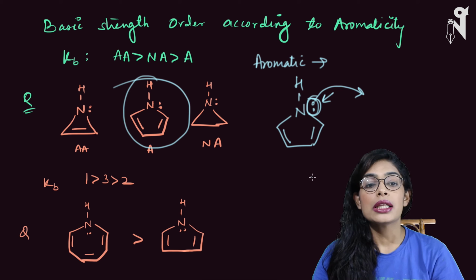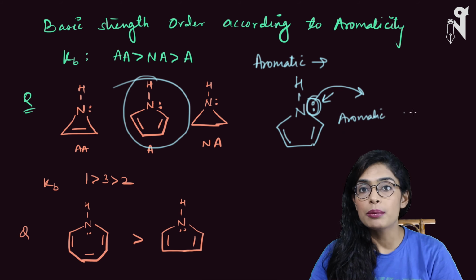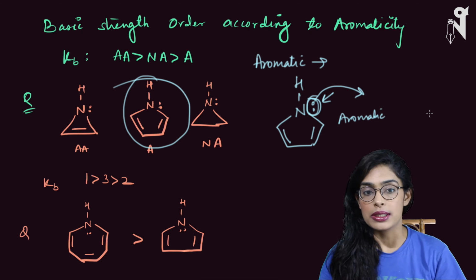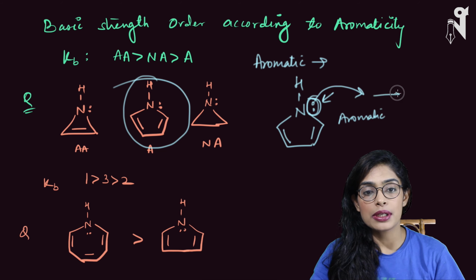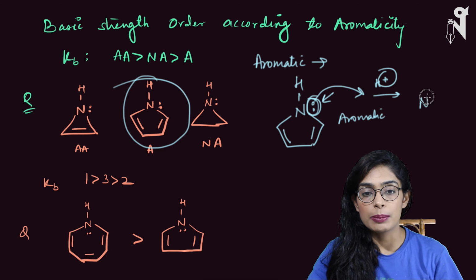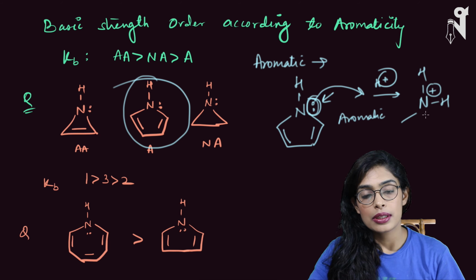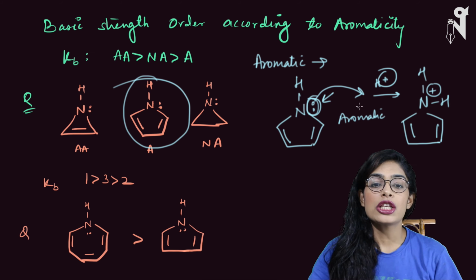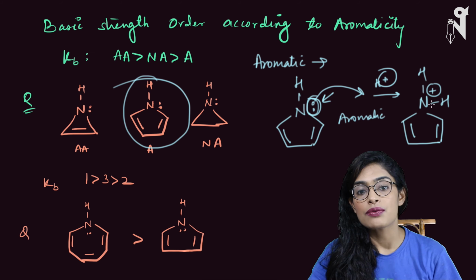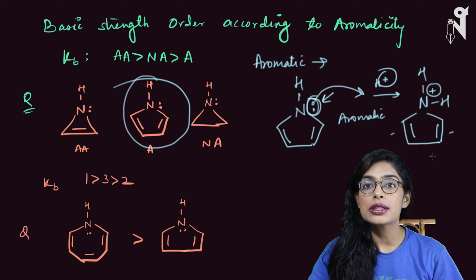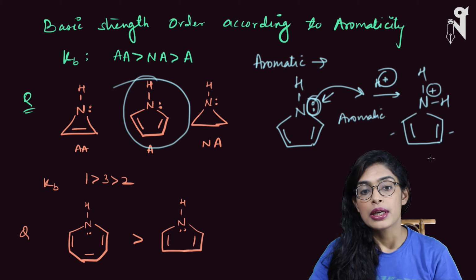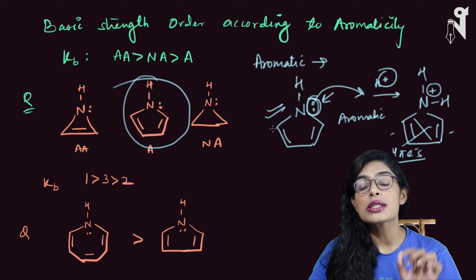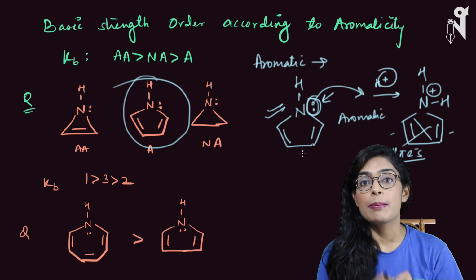So basically, this species which was aromatic before, after acting as a base by giving its pair of electrons or by accepting H plus, assume it has accepted the H plus, in that case the molecule will be like this. This is what will be the resultant molecule. After this nitrogen has acted as a base, H plus will come and attach over here, and nitrogen will gain a positive charge. Now, is this molecule aromatic? Just look at the number of pi electrons over here. We have only 4 pi electrons. This is not aromatic. So this molecule has lost its aromaticity just to behave as a base.